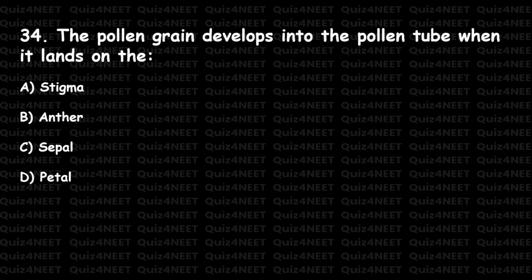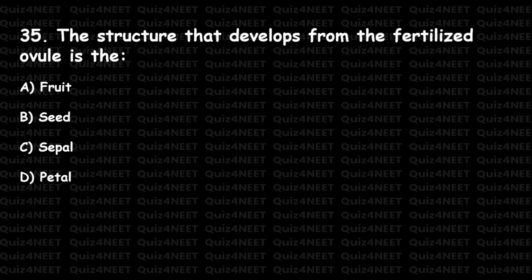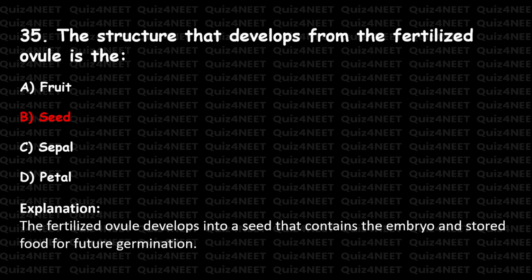Sepal, D. Petal. A. Stigma. Explanation: the pollen grain germinates and forms a tube that grows down the style when it lands on the stigma. The structure that develops from the fertilized ovule is the fruit, B. Seed, sepal, D. Petal. Explanation: the fertilized ovule develops into a seed that contains the embryo and stored food for